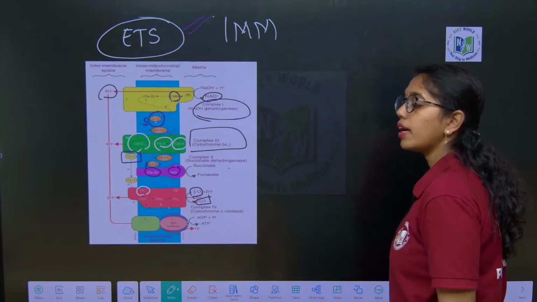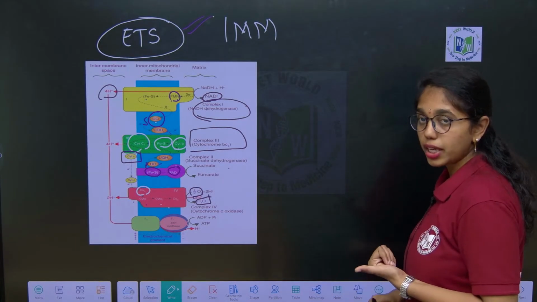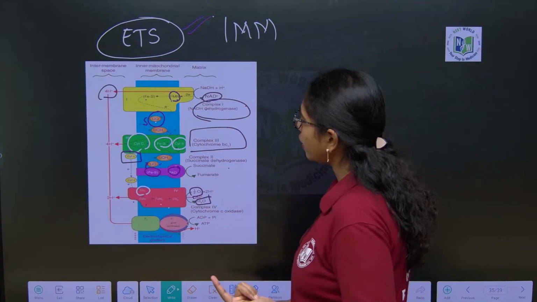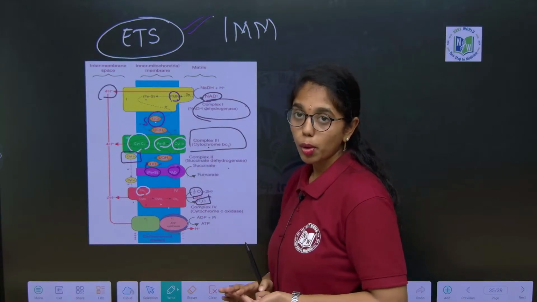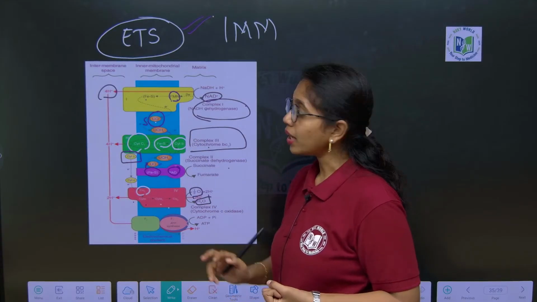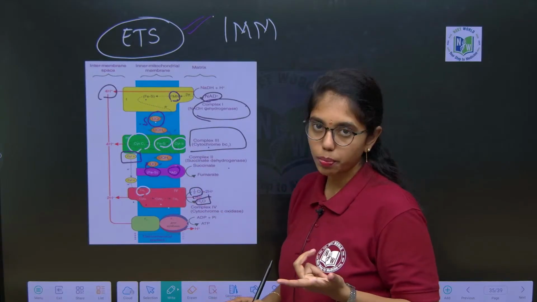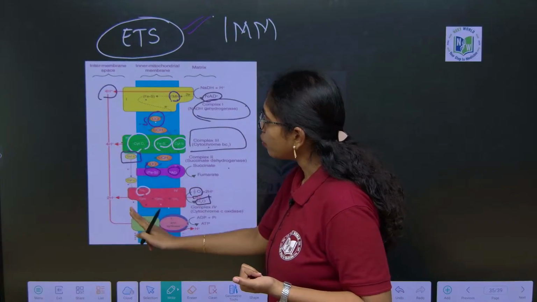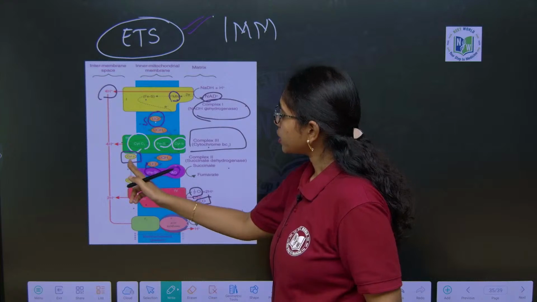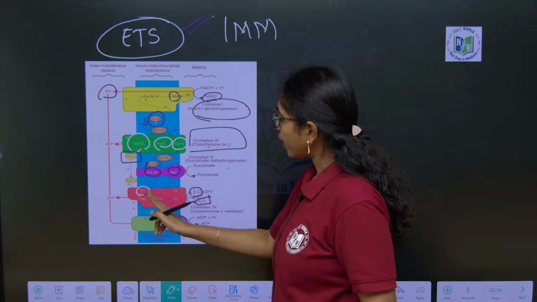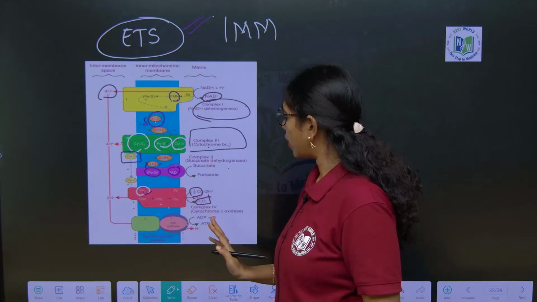So, here what you have to remember from ETS, beta, are the 4 complexes: complex 1 NADH dehydrogenase, complex 2 succinate dehydrogenase, complex 3 cytochrome bc complex. Here, what is the mobile electron carrier? Ubiquinone, and in all these 3 complexes iron-sulfur complex is present. And from complex 3 to 4 there is a mobile electron carrier, that is cytochrome c. From cytochrome c it is given to copper ions, and the ultimate electron acceptor is oxygen molecules, which leads to